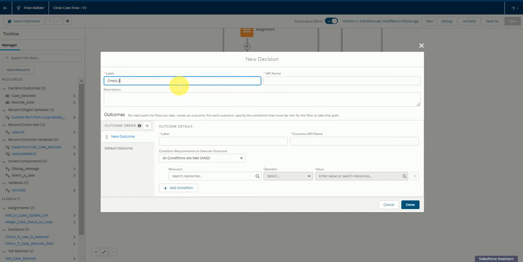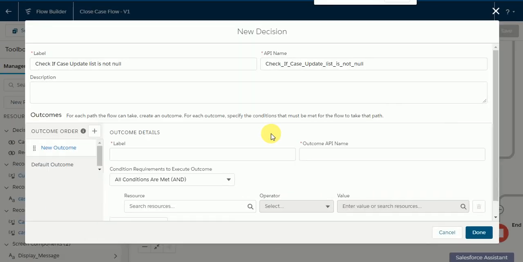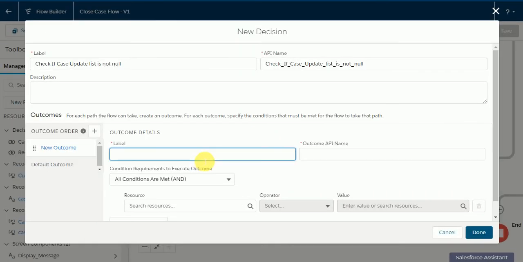check if case update list is not null. I'll name this as case update list is not null.